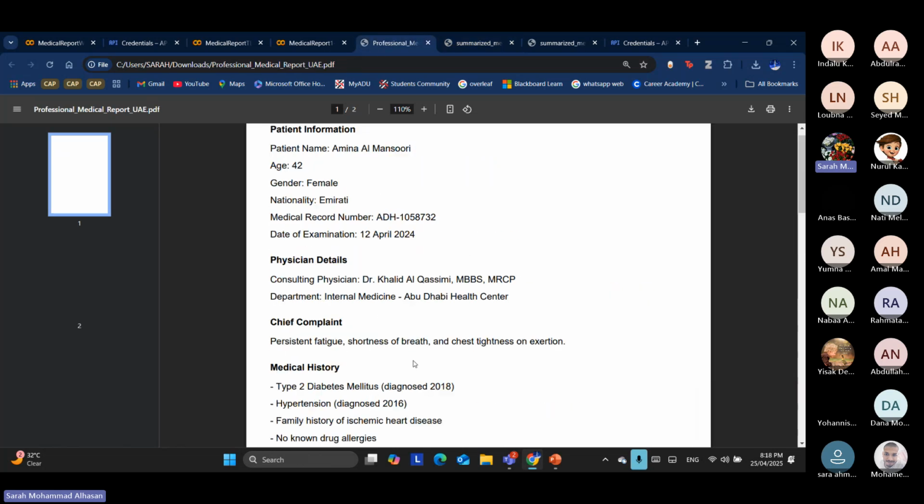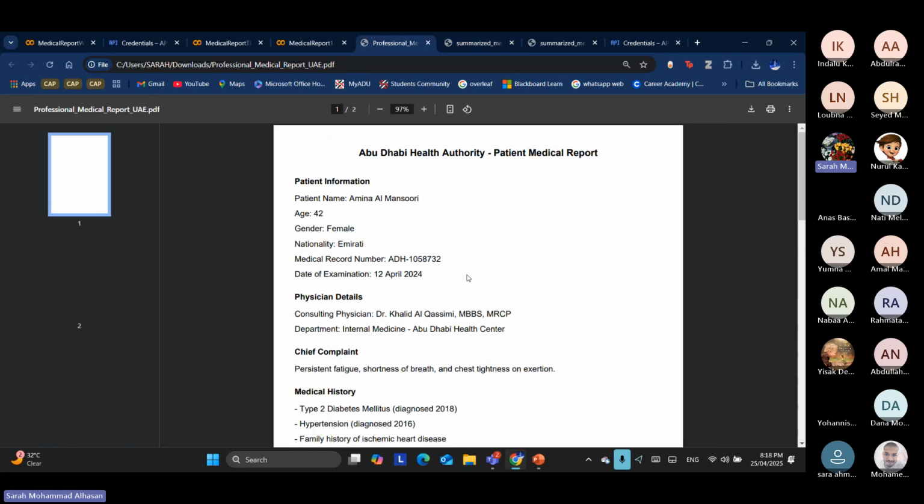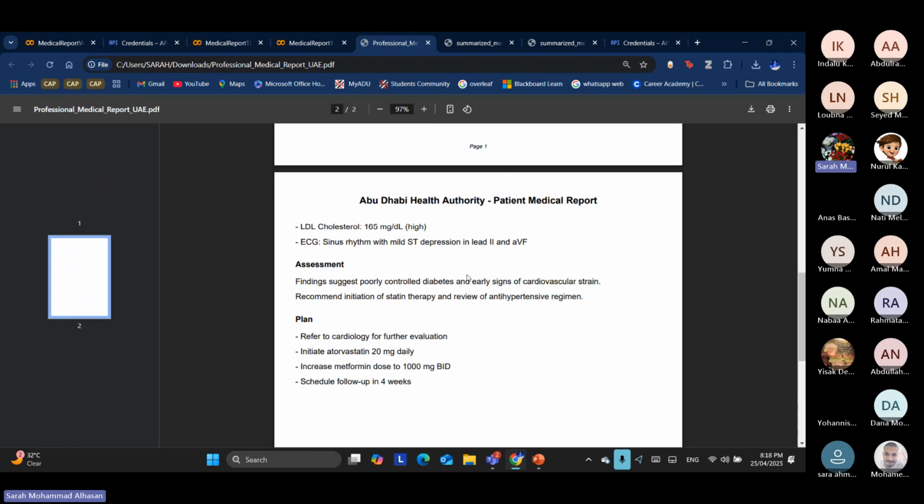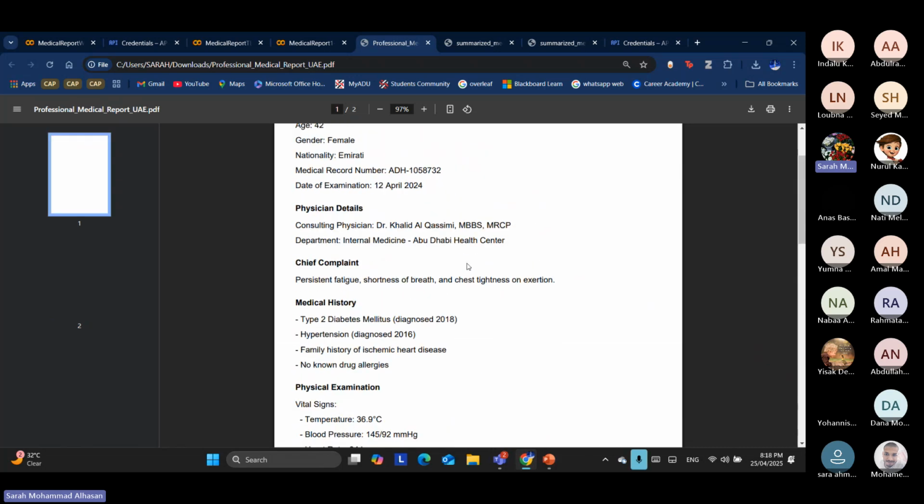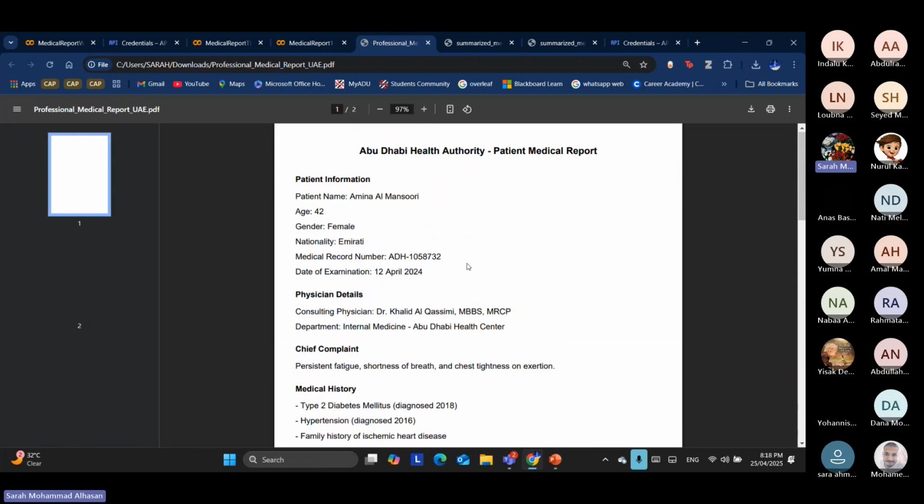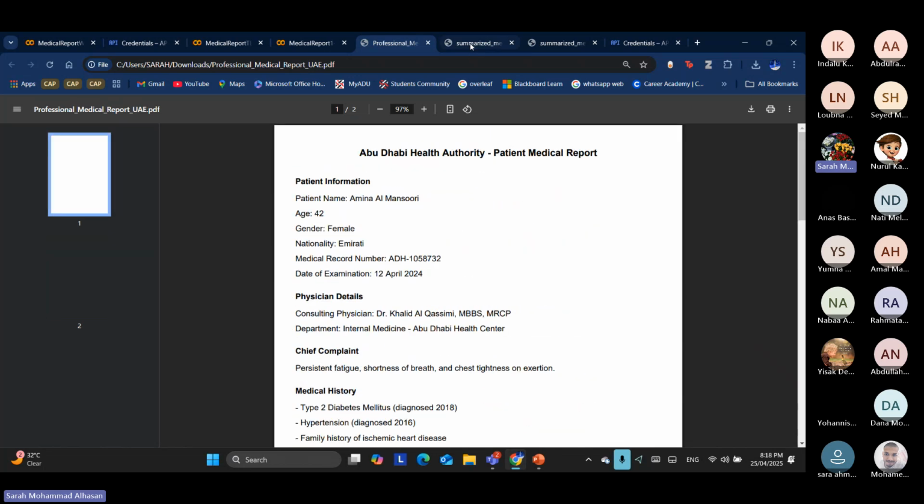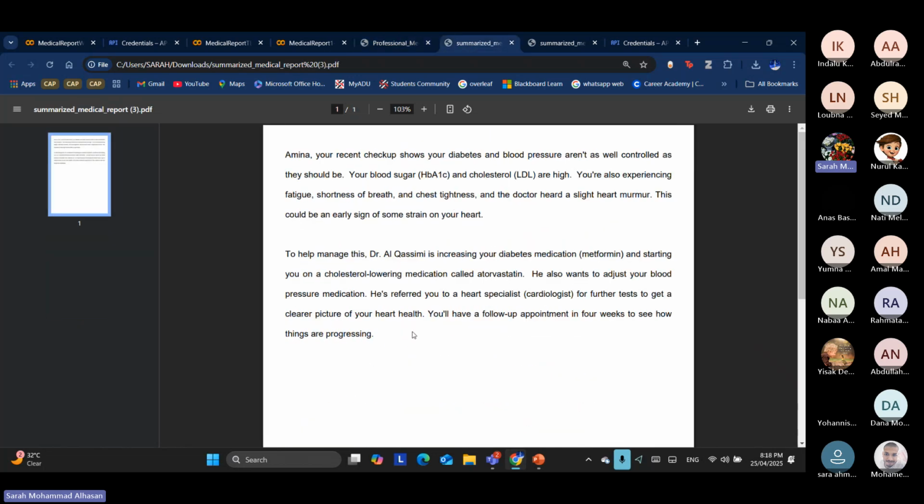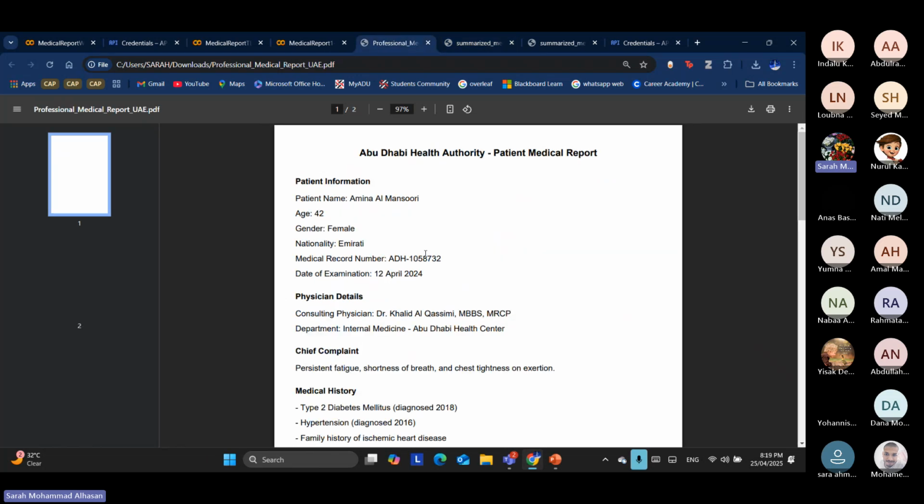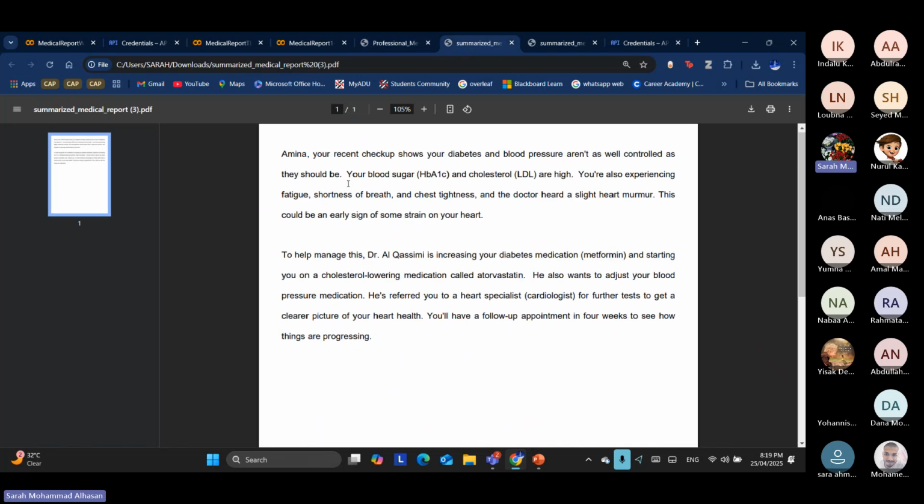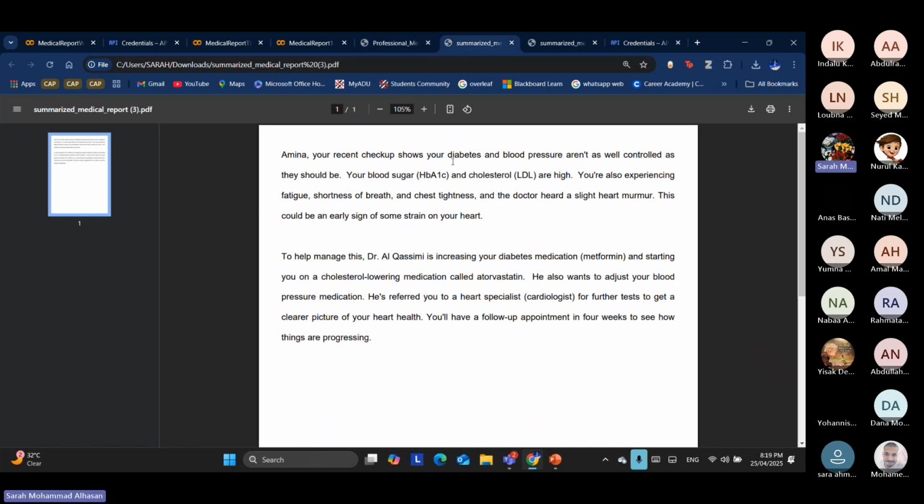So this is the original PDF file that we passed to the AI model. It's lengthy, it has a lot of medical terminology and medical information that the patient might not understand properly. However, this one is very simplified, and let's just read it in order to compare the text in these two files. So here it says, Amina, your recent checkup shows your diabetes and blood pressure aren't as well controlled as